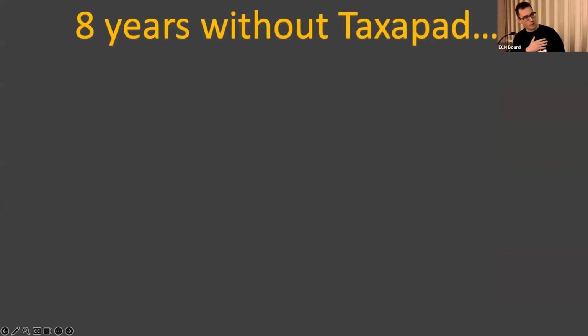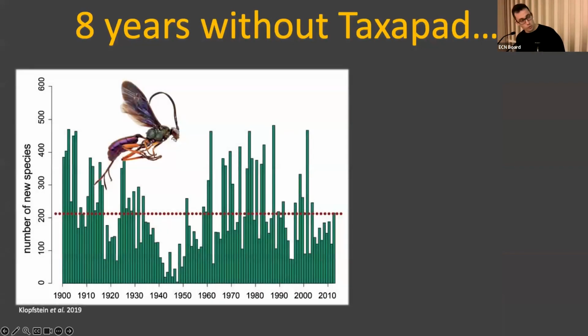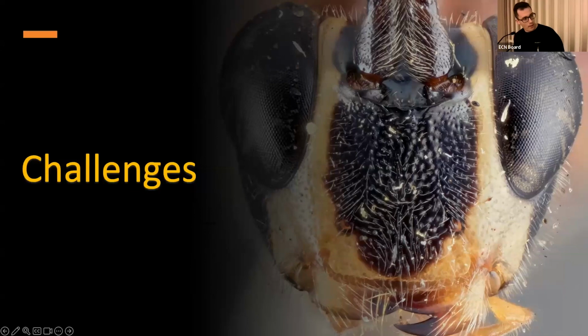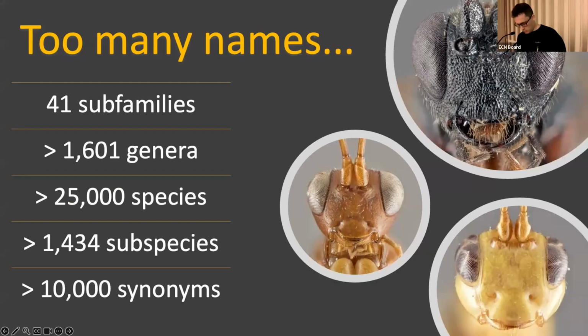And for the entire Ichneumonidae community, this was a big loss, especially because we are substantially describing roughly 200 new species a year, something less, sometimes more, some other years. So substantially, we're feeling completely lost. And so what are our challenges as a community? Well, first of all,